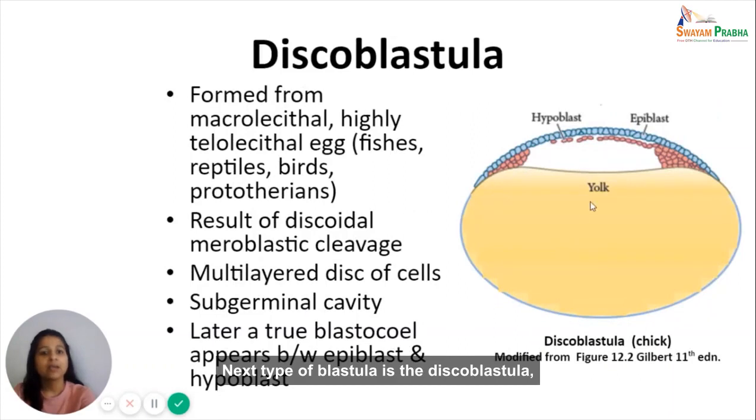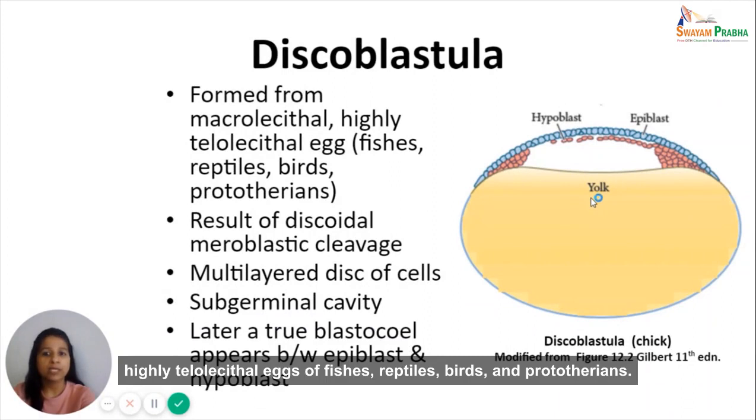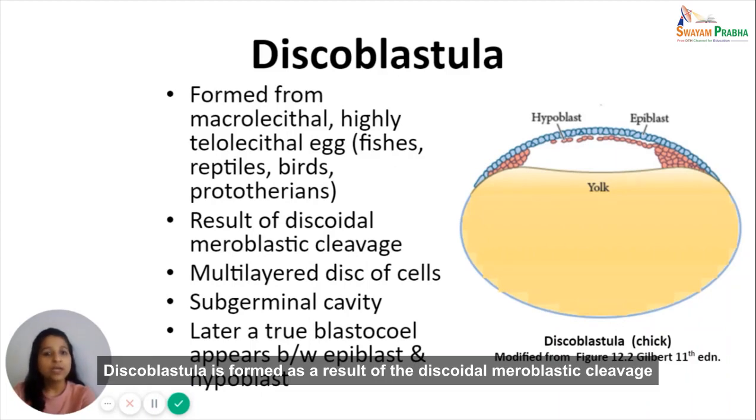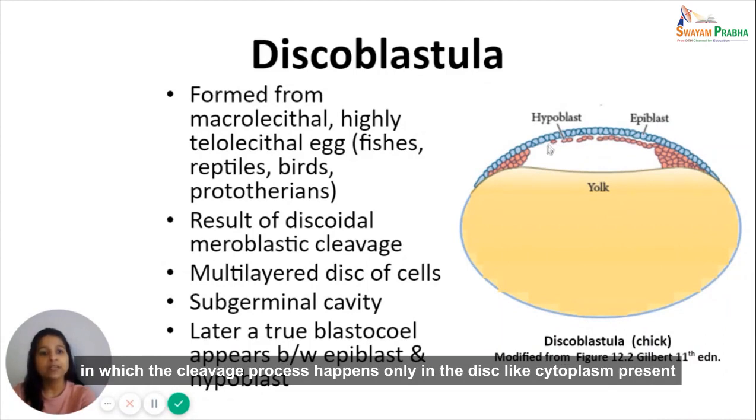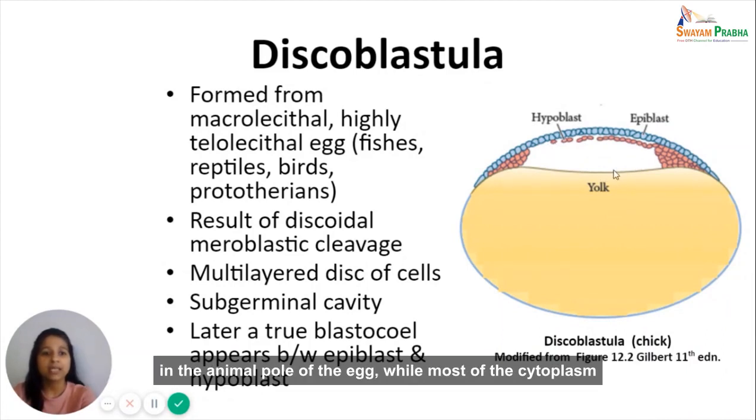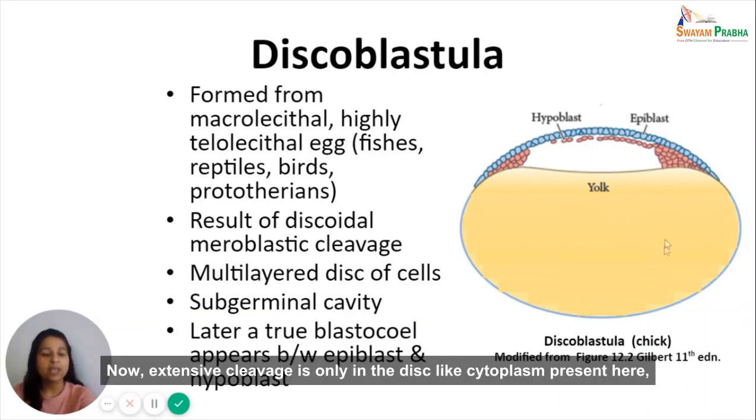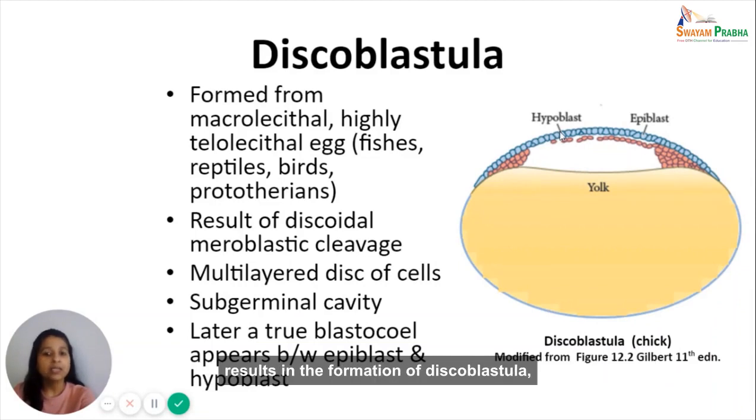Next type of blastula is the discoblastula, which is formed from the macrolecithal, highly telolecithal eggs of fishes, reptiles, birds, and prototherians. Discoblastula is formed as a result of the discoidal meroplastic cleavage, in which the cleavage process happens only in the disc-like cytoplasm present in the animal pole of the egg, while most of the cytoplasm, which is covered by yolk, remains uncleaved. Now, extensive cleavages only in the disc-like cytoplasm present here results in the formation of discoblastula,